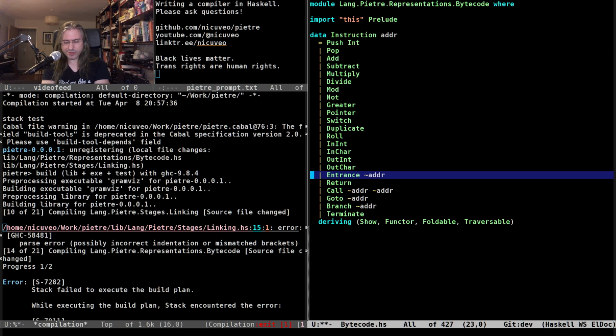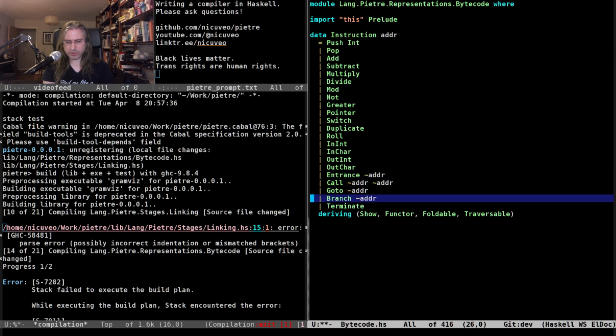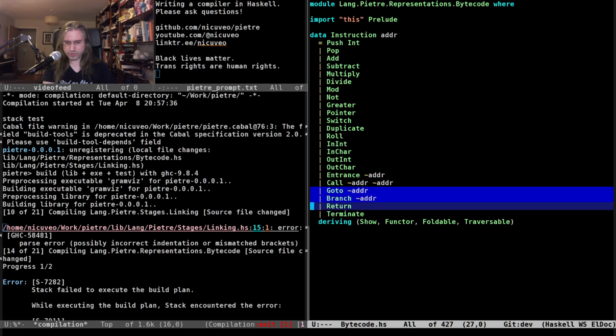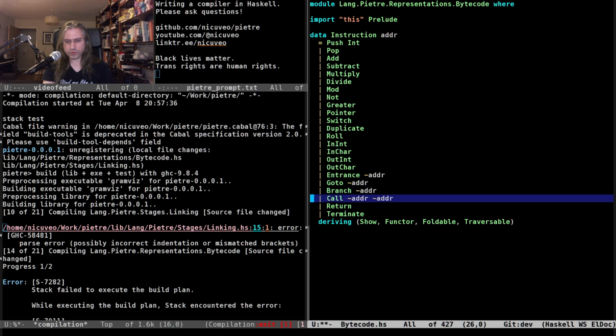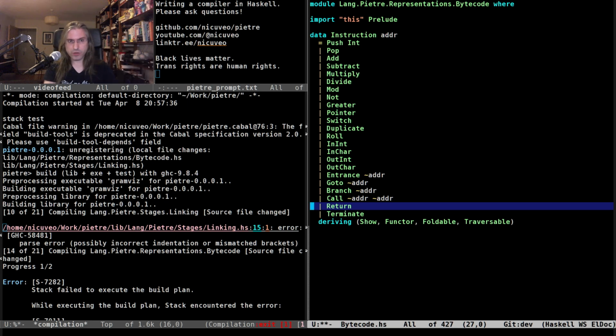Basically, goto and branch are local within the function. Call is going to be calling another function and therefore having to manage the stack there. Return, likewise, pops things and goes back to... Return is just an unconditional exit, basically.